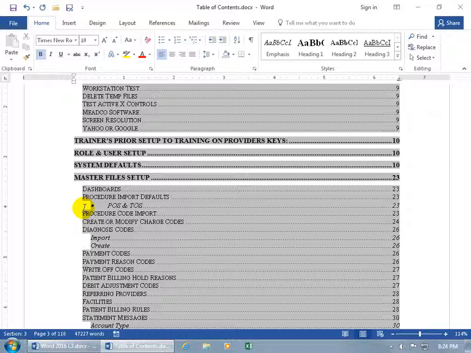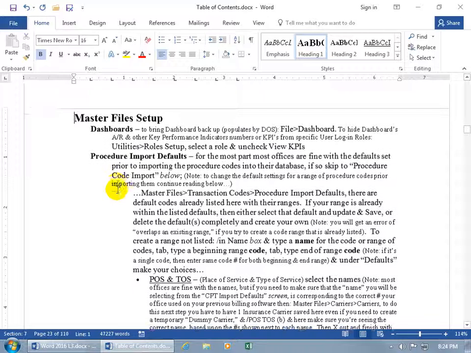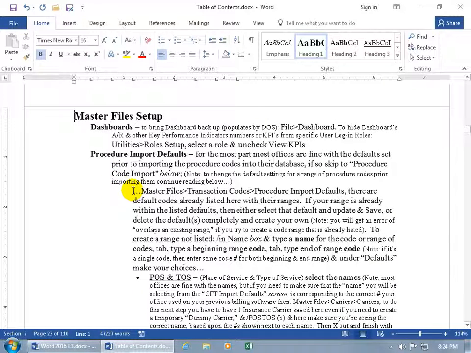Now there's another way that you can add any text to your table of contents. That is, if you don't want to apply a heading style to it. And to do that, let me show you. Let's go back to the master file setup, hold down the Control key and click on it. And let's say that I want to, I don't know, let's just select this text right here. Let's say that I want to include that in the table of contents. So instead of applying a heading style to it, because I don't want it to be bold and pop out,